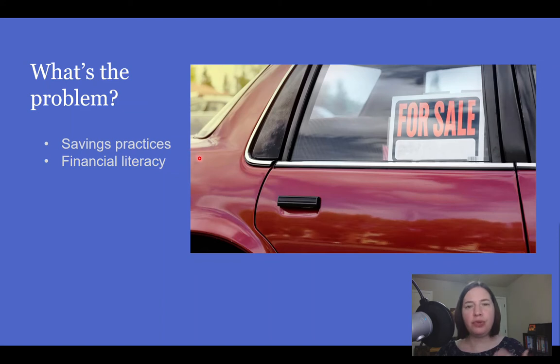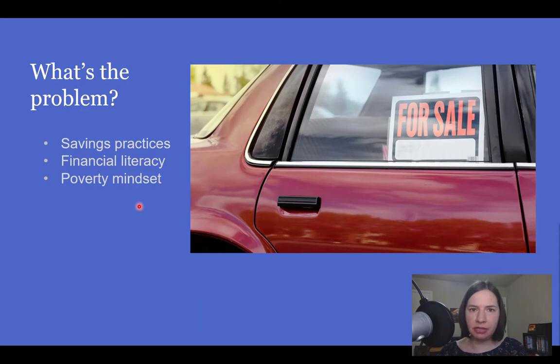Maybe we need to reframe the problem. Another teacher brought up the poverty mindset. I'm actually not a huge fan of the term because it puts people in a deficit view, but this is how the teachers talked about it: students might only focus on what they don't have instead of what they have. When we look into the poverty mindset and what some people say helps people get out of it, it comes down to goal setting and gratitude.